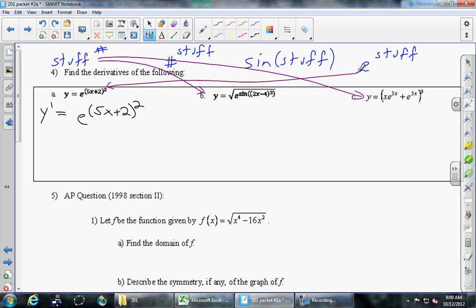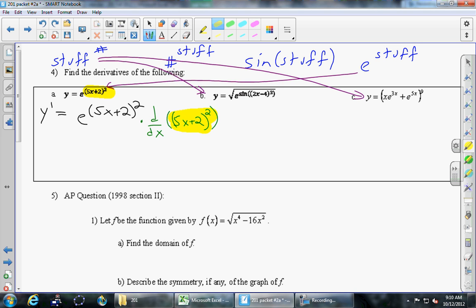And then I'm going to write here in green times the derivative of the stuff. The stuff in this case is what part of that? 5x plus 2 squared. I'm going to highlight that stuff in yellow, trying to be consistent. And then I'm going to write here in green, derivative of 5x plus 2 squared. Just acknowledging that I need to tack on the derivative of the stuff. And at some point, I don't need you to write that step. In fact, I don't ever need you to write that step, but